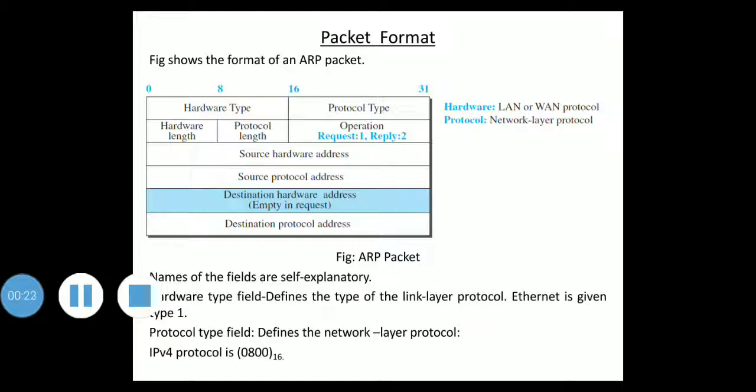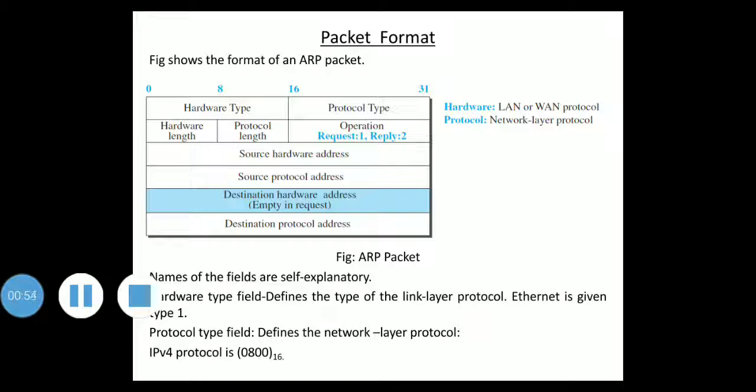The hardware type is one field from 0 to 15 bits, total of 16 bits. So this hardware type field defines the type of the link layer protocol. Ethernet is given type 1. The next field is protocol field. The protocol type field defines the network layer protocol. IP version 4 protocol is